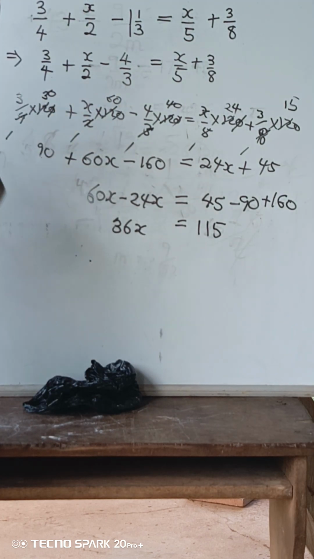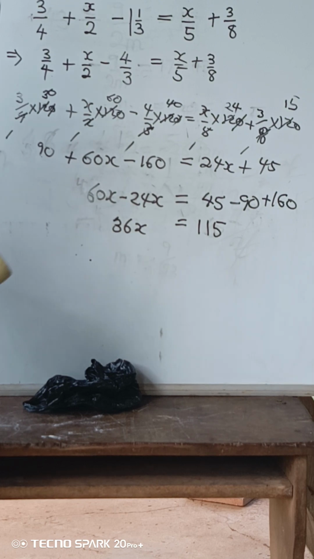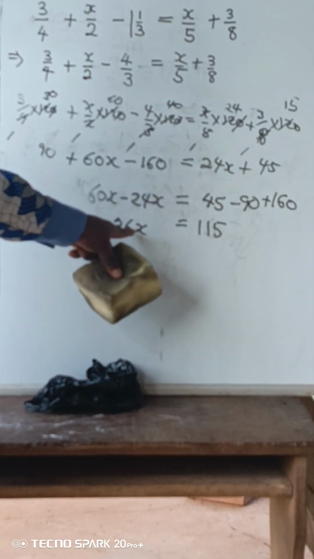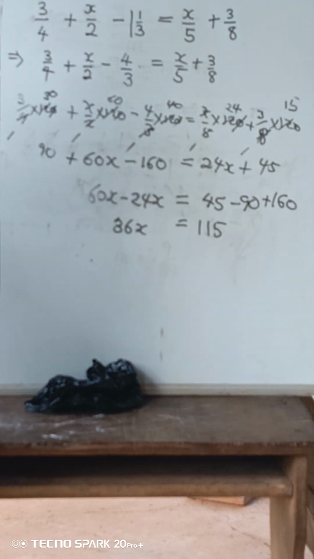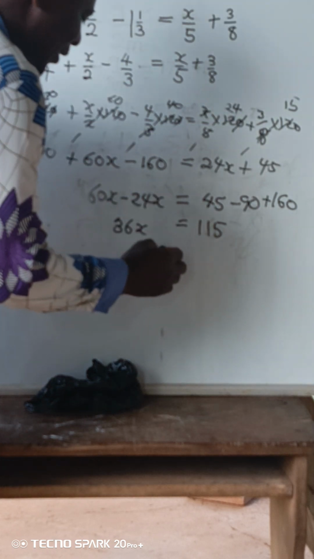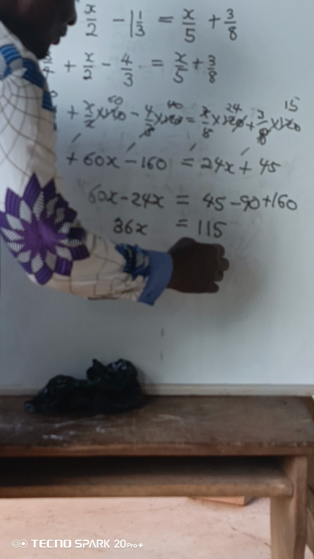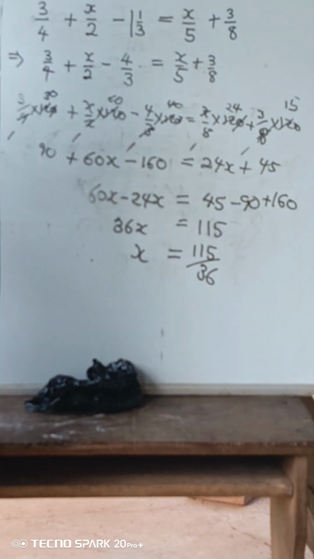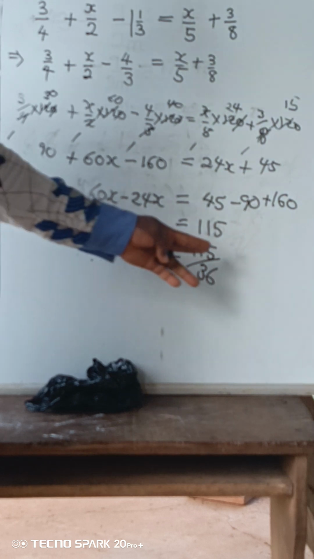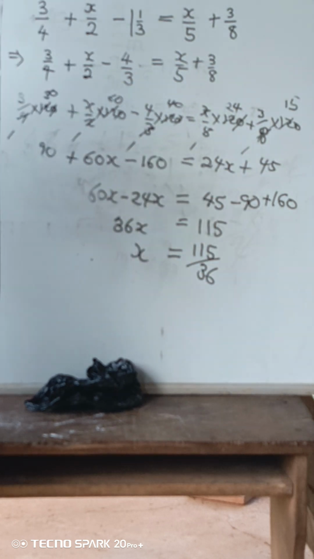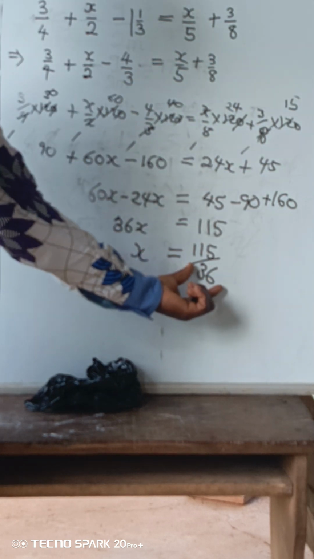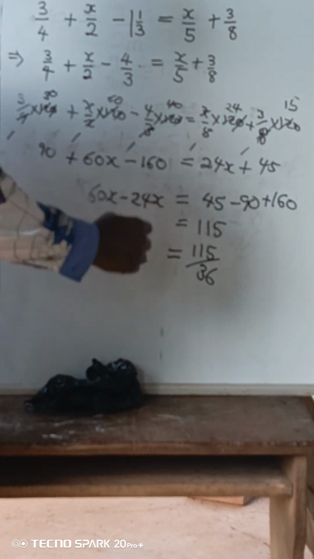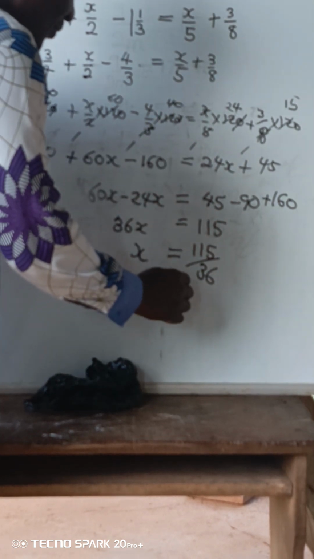Then at this point, you now divide and you get the answer, because we have learned that whenever two things multiply to give you an answer, one of the numbers is the answer divided by the other multiplier. So from lecture 1 of the basic algebra, we've established that. So this is 115 over 36. If it is possible to cancel anything, you will do it. But if it is not possible, you can just tell how many of these will enter here and then the remainder. So if I check that, we are going to get,